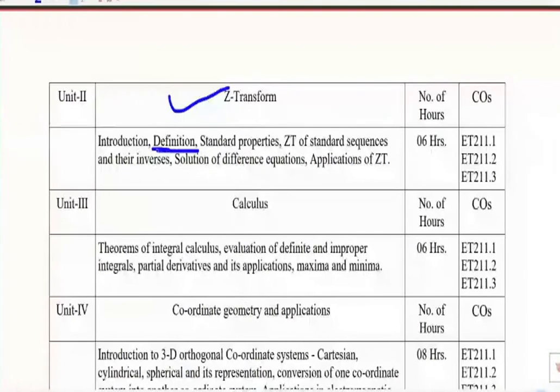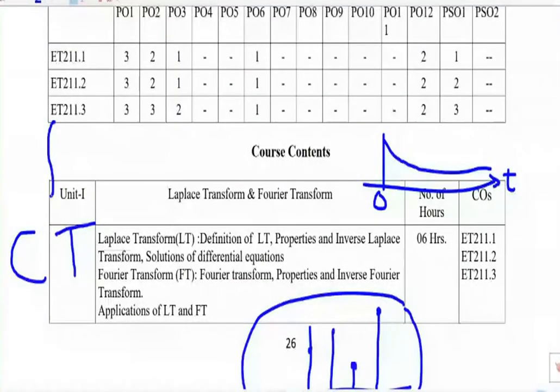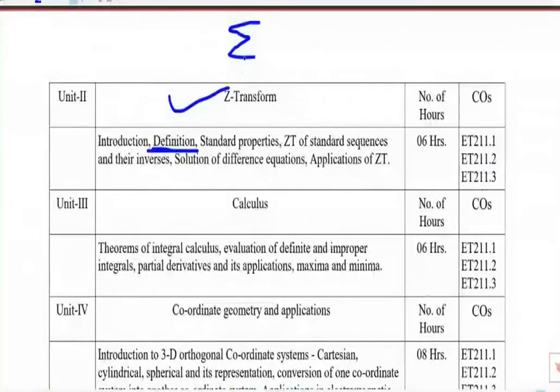Okay, again in that we have summation. For continuous time we have integration. For discrete time we have summation. Again it is not easy to calculate the summation every time. So to avoid that, we have the properties. So we will study the properties, and if we study the properties, then every time we will not need to solve the summation, every time we will not need to go from the definition, okay. Then there are some standard sequences, and we will see their Z transform. Then if a Z transform is provided, how to find its inverse, that we will see.